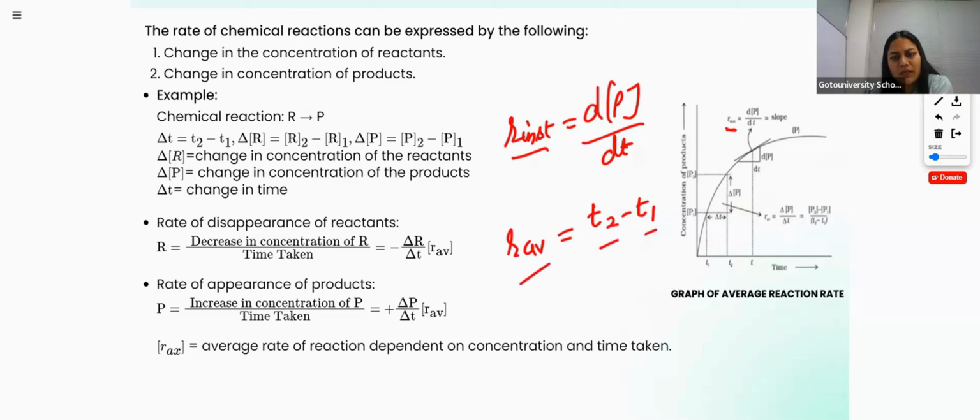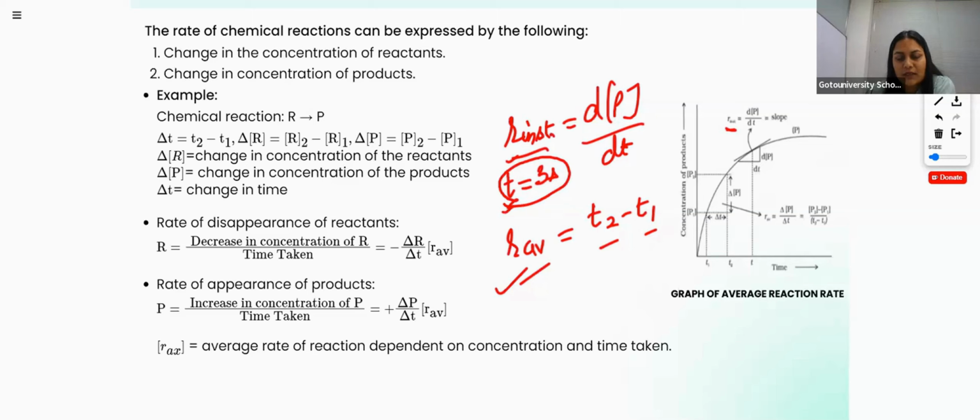But if we have to calculate the rate of chemical reaction at a particular time, say what is the rate of reaction when time was 3 seconds,